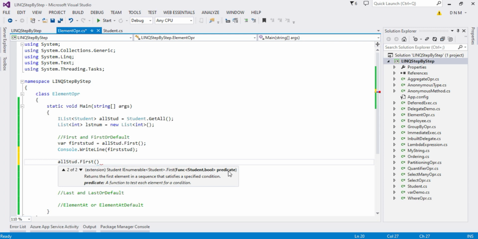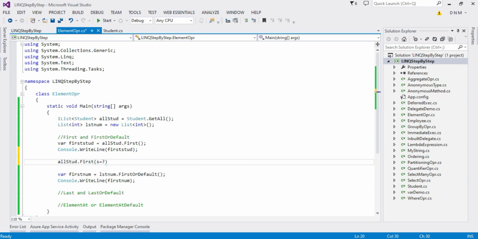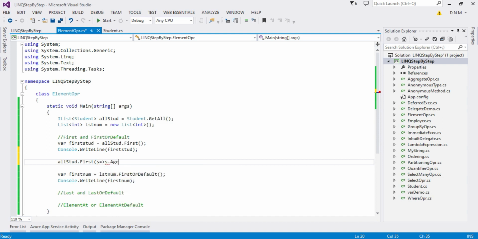A predicate is nothing but a condition which returns either a true or false value. Now here I'll say S goes to S dot age below 25. I specified a condition.